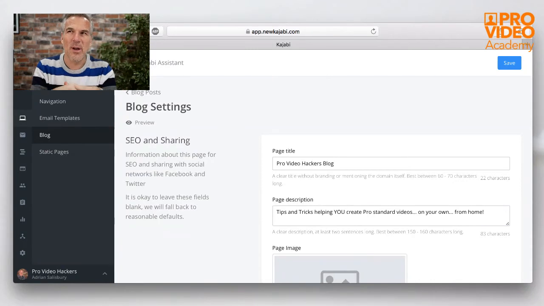On that one, I don't want the date on there, because if it's a year old, I don't particularly want people going, cool, this is an old post. So you can just untick it and it won't show the date, but it will show tags. If I'm looking at one particular post and there's a tag called equipment, then it will pull together all the other ones that have the same tag. So that's why I want to see the tags being done.